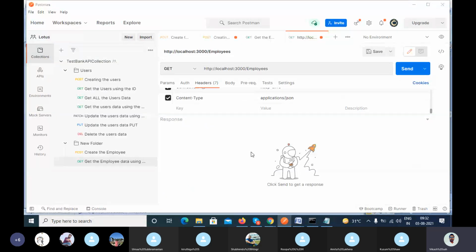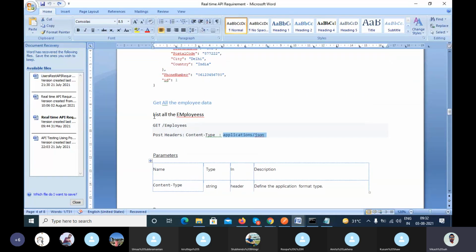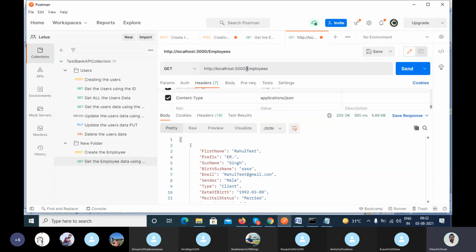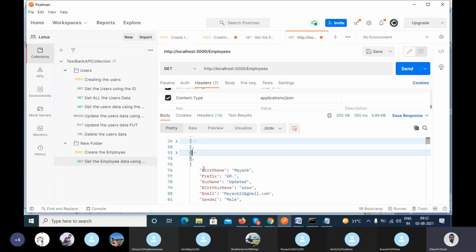Okay. Now this thing is done. Right. Now let me call. Now you can see what it is asking you. List all the employee data, not using any ID here. It will list all the employee data which is created inside your employees resource. So you can see it here. We have multiple data: Rahul, Test and Payal, right? Payal, Anjali, right? Mayank,